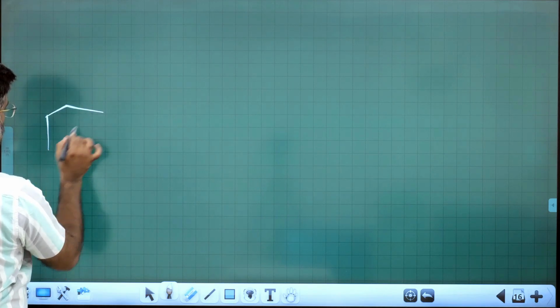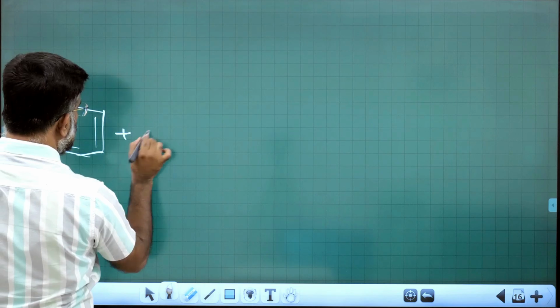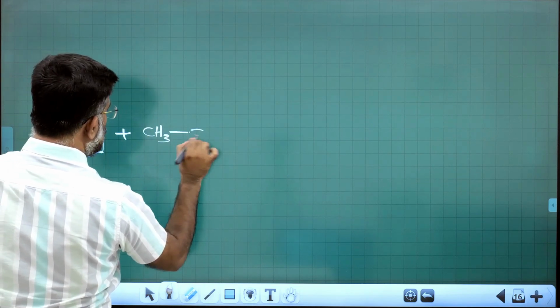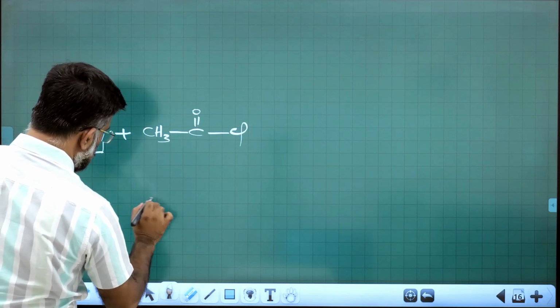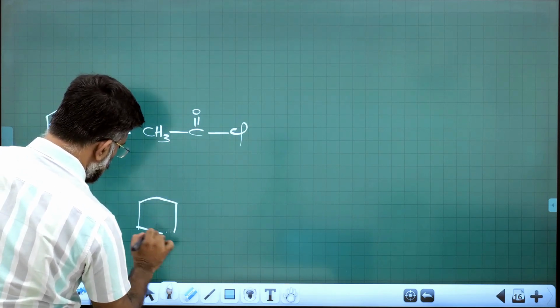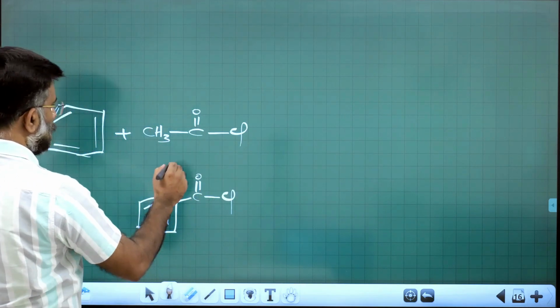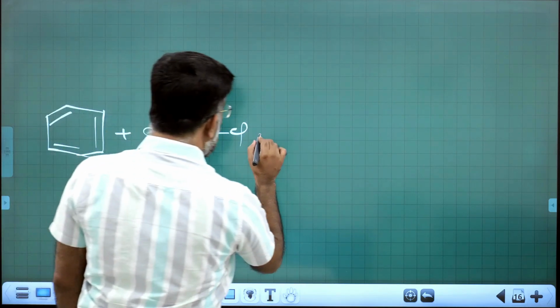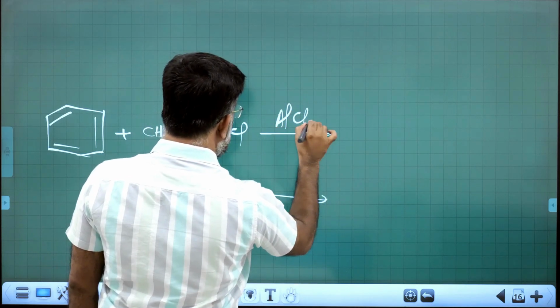So we take benzene or a substituted compound treated with CH3COCl, or it may be benzoyl chloride, no problem. COCl, either this or this, no problem. And it is treated with a Lewis acid like AlCl3,